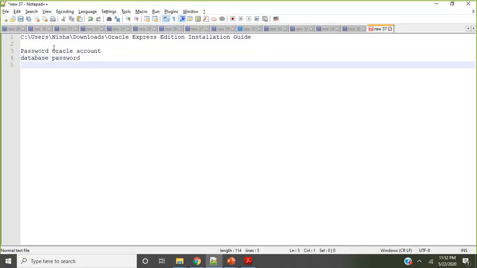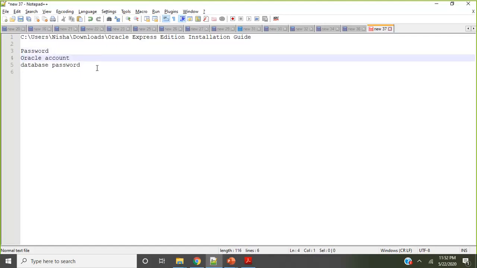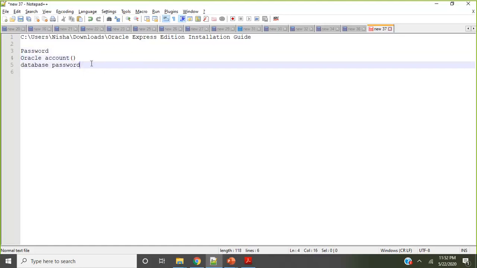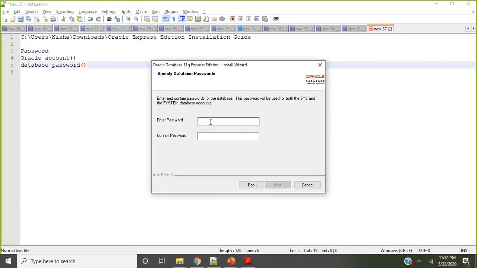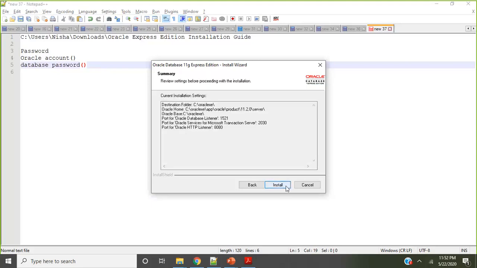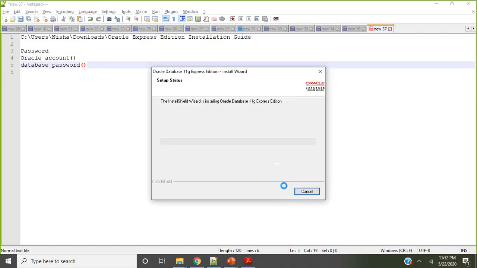So normally what I do, don't forget this password. This is only for logging to the site. And this password, which it is asking me at runtime during installation, is needed while connecting. So generally I give an easy password which I can remember. You can also try to give something easy which you can remember. So click enter, again enter, and then click on next. And then it will start the real installation.